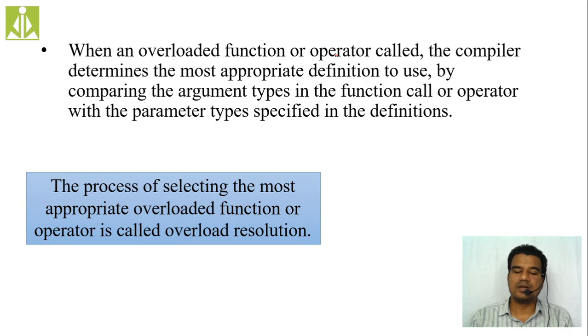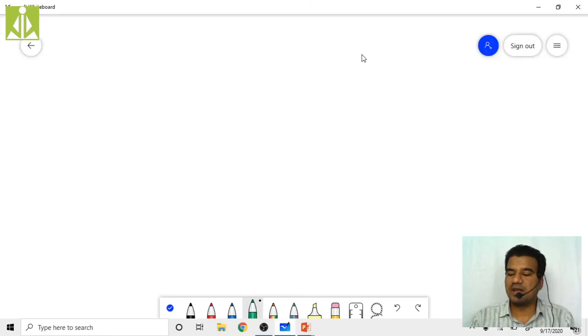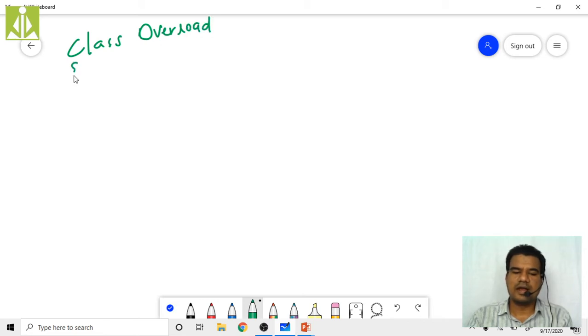I will explain this entire thing with the help of a simple example so that you have some idea. Let us say I take a class named overload, and in it I take different functions.